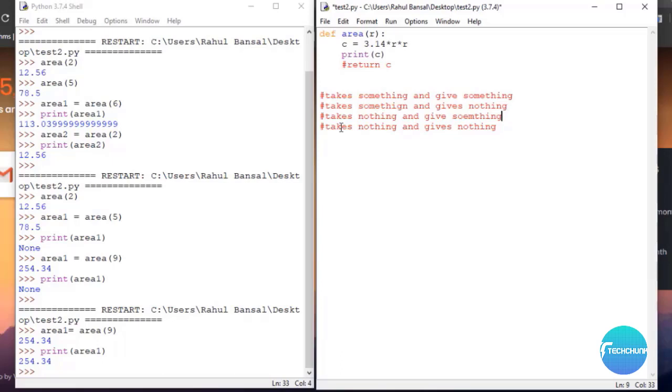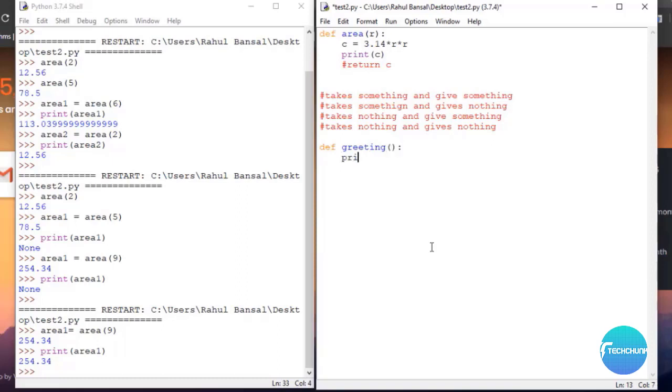So in the third category, takes nothing and gives something. Oh sorry, I mistyped here. Takes nothing and gives something. What I mean by this is, let's say we have a function called greeting.